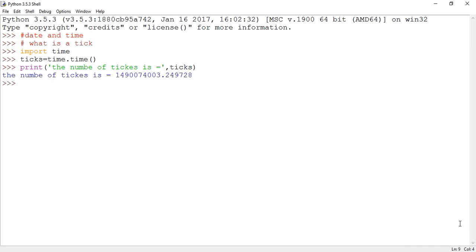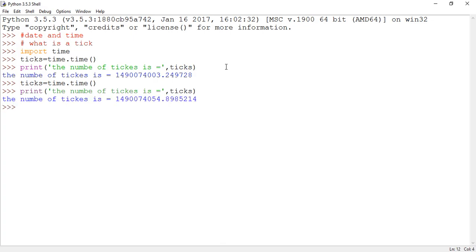The number of ticks is a number that counts from 12 am on January 1, 1970 in Python. If I go for the same command again to count the ticks and print again, it will change, the number of ticks during the duration between these two commands. Now let's see